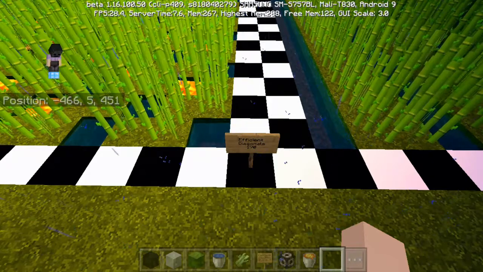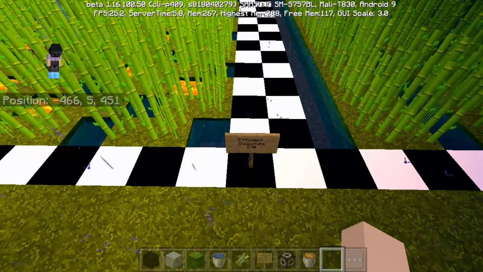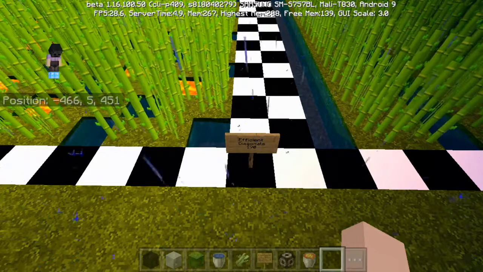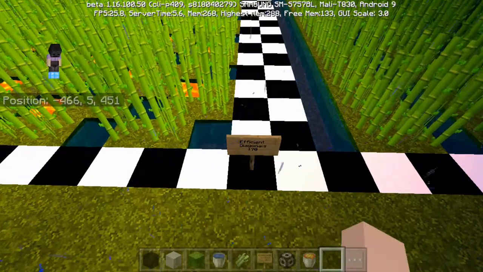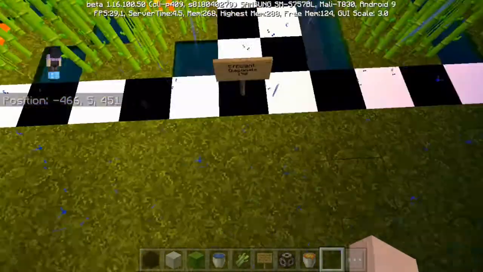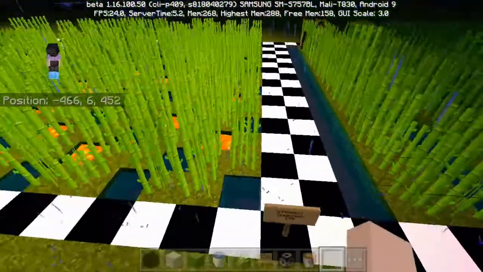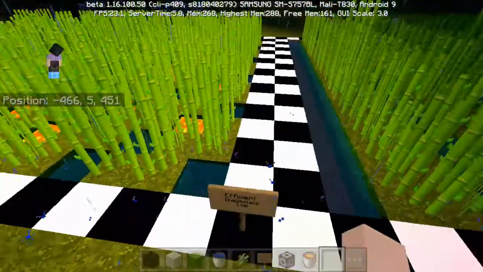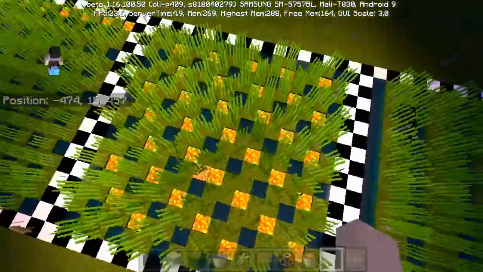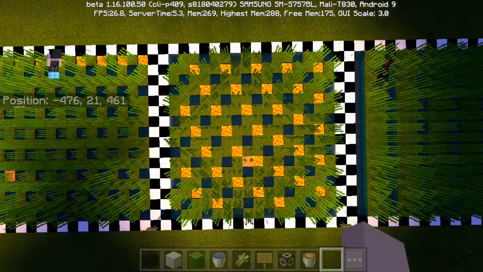Now this won't be a short video, this will actually be a quite longer one with a bit more explanations, but I'll just get on to the first designs and we'll talk about other things after that. Okay, so next we have the efficient diagonals, which gives you 170 growth spaces. The lava represents every single area that's unused,